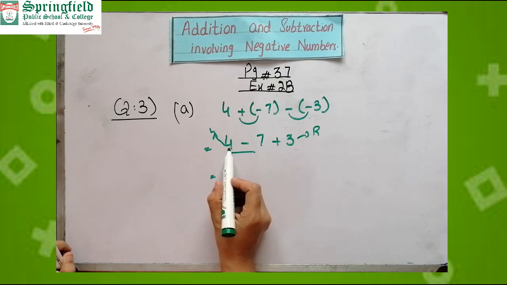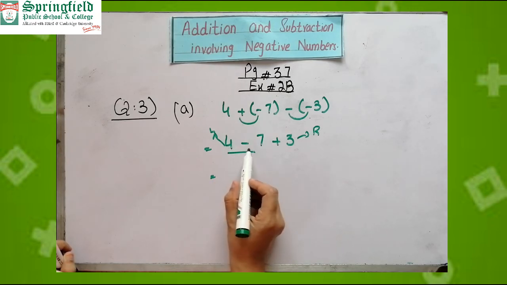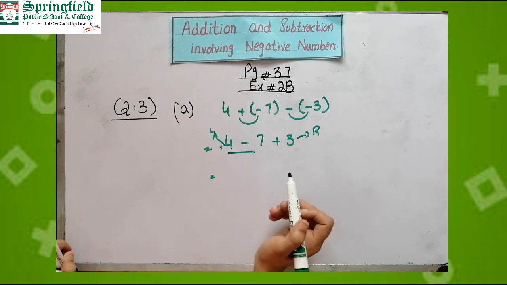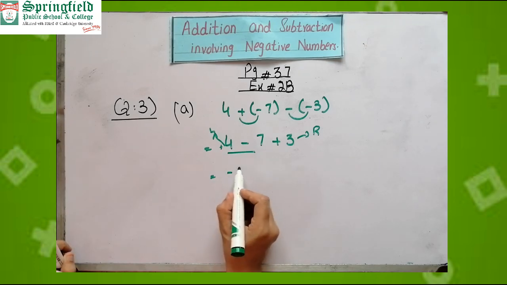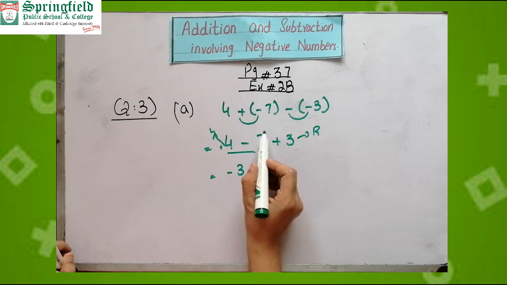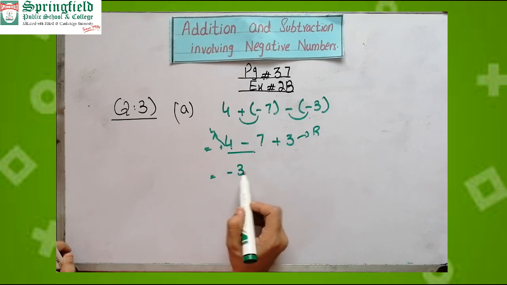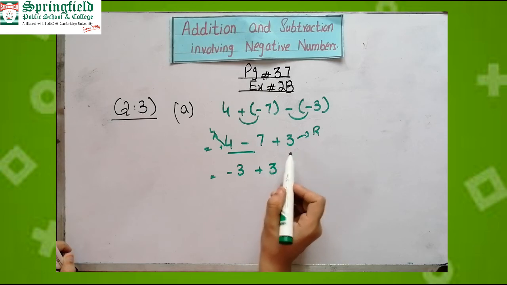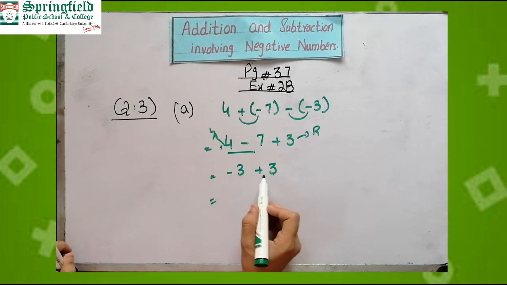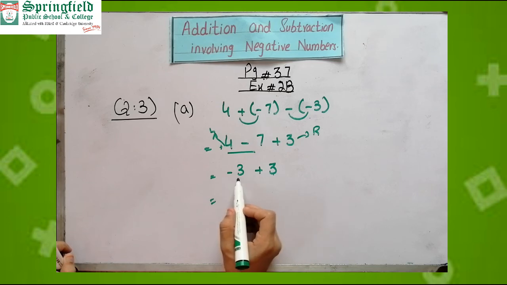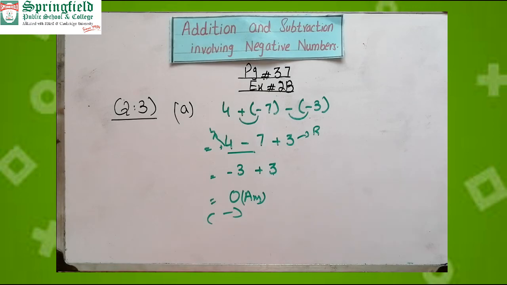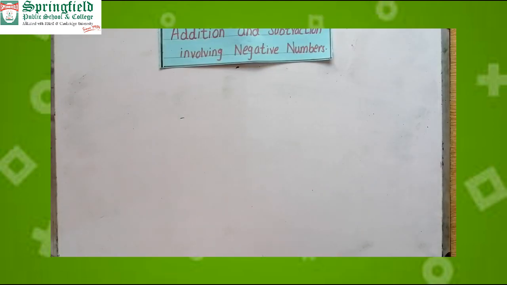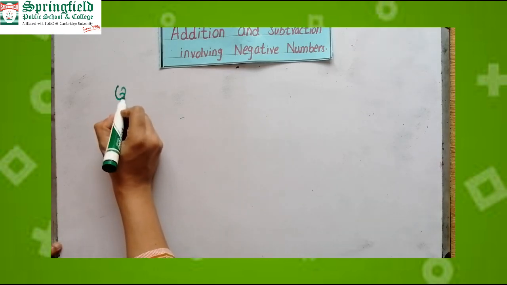So 4 has a positive sign, so plus minus, 7 minus 4 we will subtract, and the sign will be negative. Why? Because the greater value has the negative sign. So minus 3, and then write the second number, plus 3. Minus 3 minus plus minus, so 3 minus 3 is 0. 0 is your final answer. Okay, now come to question number 4, and the rest of the parts of question 3 are your homework. Fine. Okay, now question number 4.